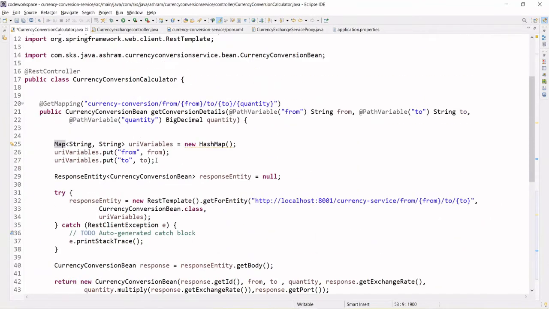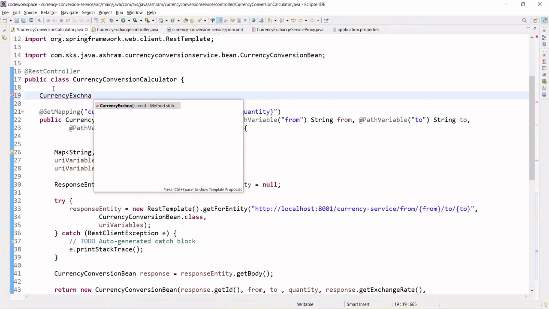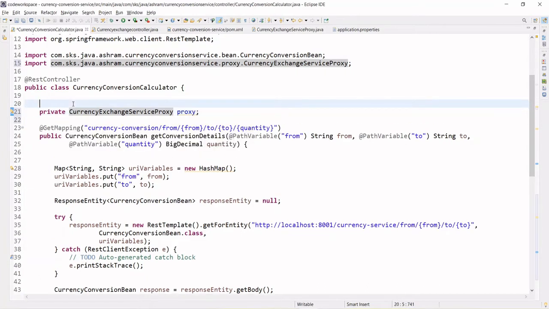Thereafter, let's create a variable of your proxy: currency exchange service proxy, let's say proxy, and declare this as private and autowired to get the instance. Not getting it, Control 1, import autowired, got it.